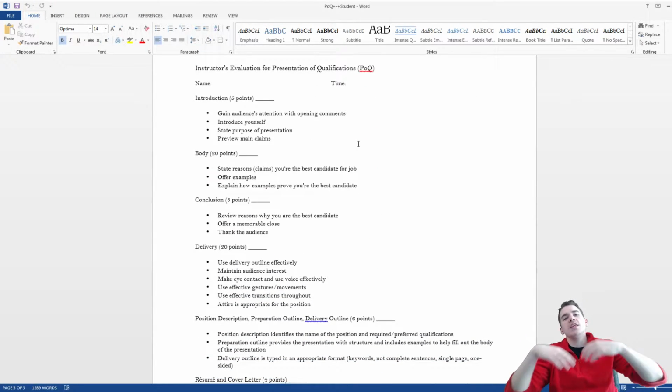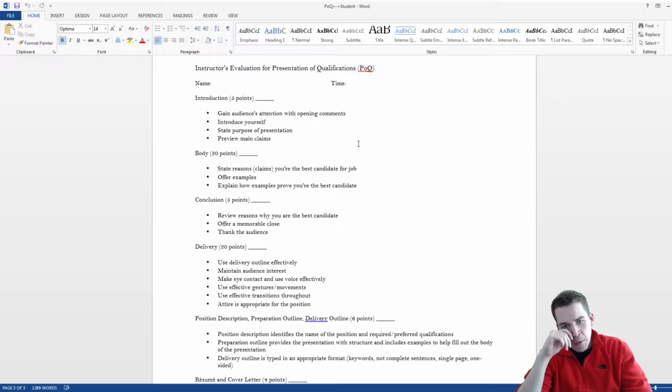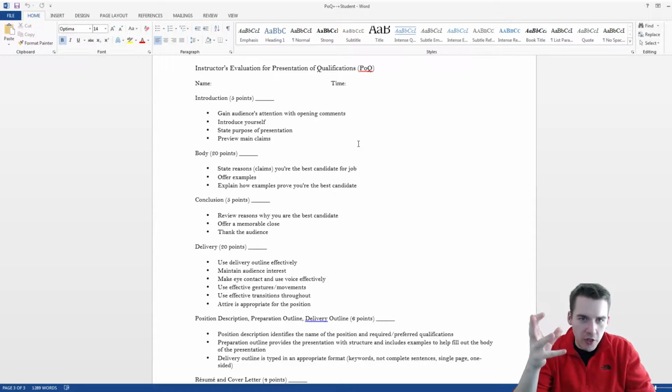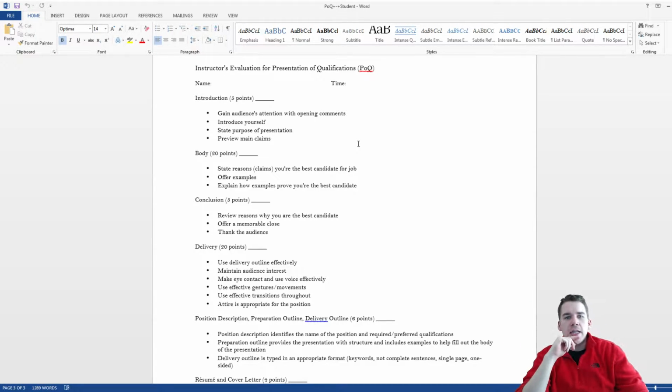But I want to get into the evaluation form and what the presentation of qualifications should look like, how it should feel, and how some people in previous quarters of this class have said, it's pretty straightforward. I know that I'm pitching myself to a company, but how do I pitch myself and what do I say? And to that, I tell these students, and I'm telling you, think about yourself in a situation